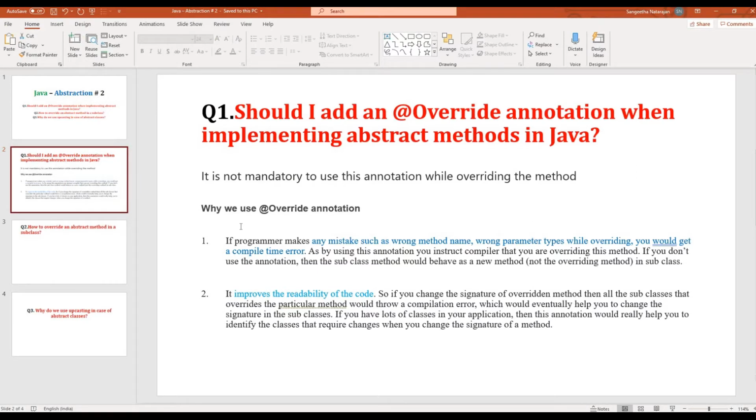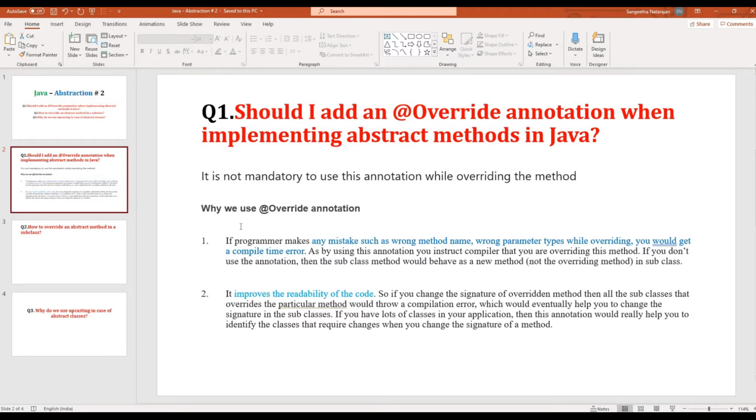For example, the abstract method is implemented inside the subclass, right? At that time, if you mistakenly give a wrong method name or wrong parameter type, you are not able to achieve override, right?